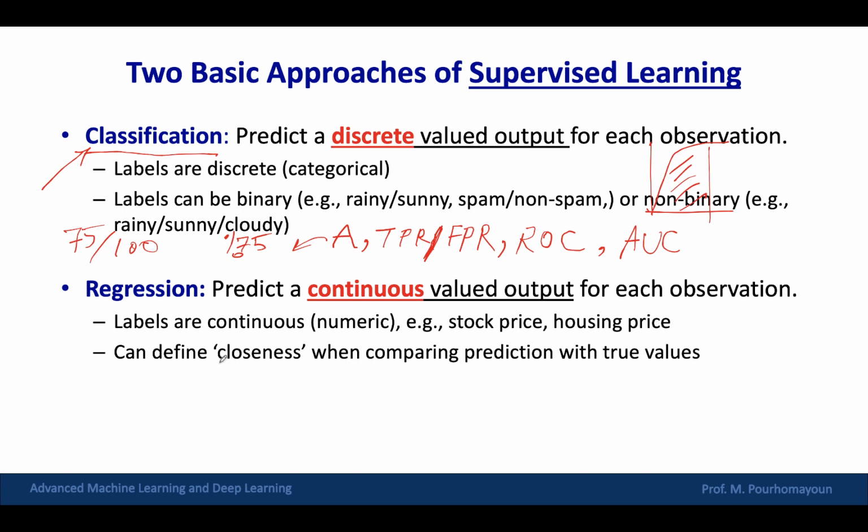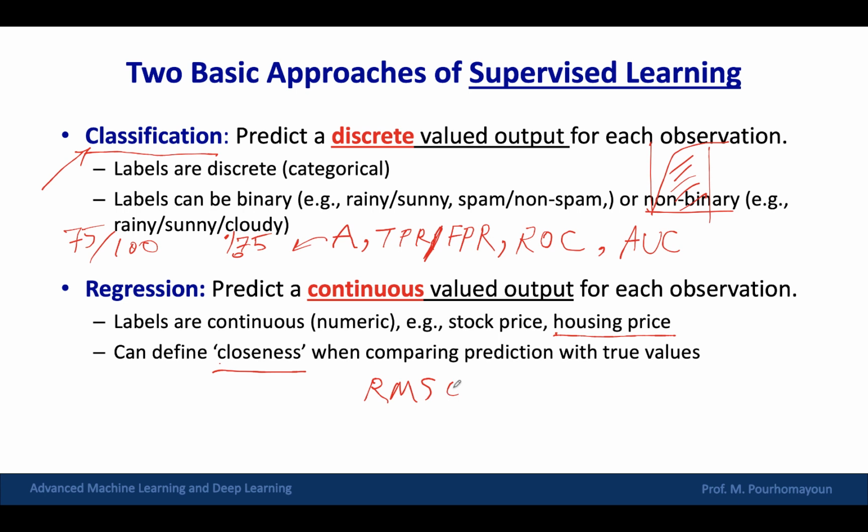Instead, for regression, we define some kind of closeness when comparing the prediction with true values. For example, we calculate error, the difference between your prediction and the actual value, for example, the predicted value of the house and the actual value of the house. You use that difference, or error, to evaluate your model, and there are different metrics for that. The most popular one is